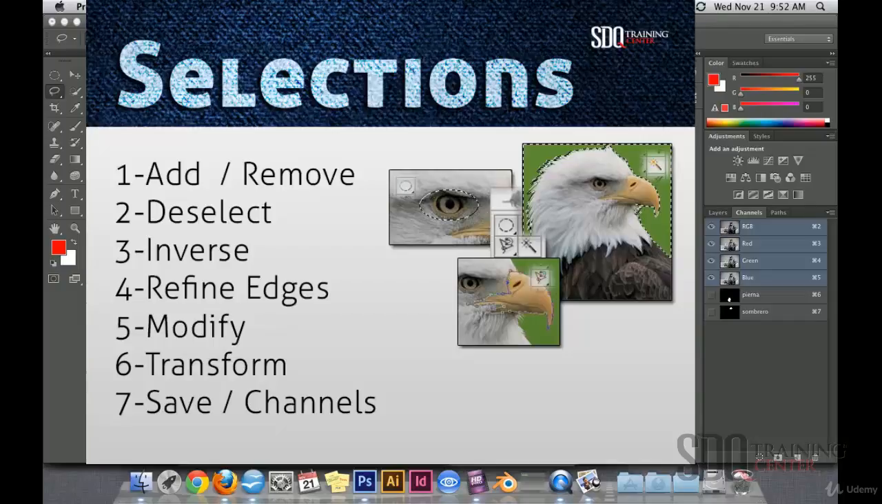How to refine edges, we go to the Refine Edge button. How to modify a selection, we go to Select, Modify, and get a shortcut to refine edges. How to transform the size of a selection, you go to Select, Transform Selection. And how to save and use back a selection, you go to Select, Save Selection, or you press the mask icon on the Channels window. I hope these selection tips really help you to begin to work with more complex